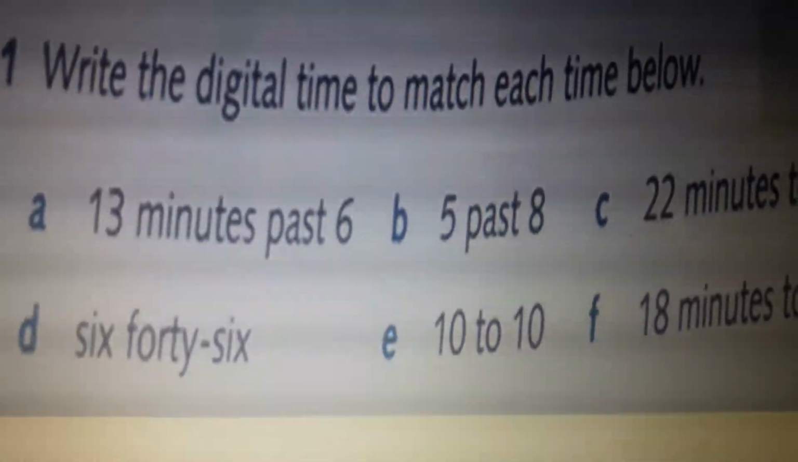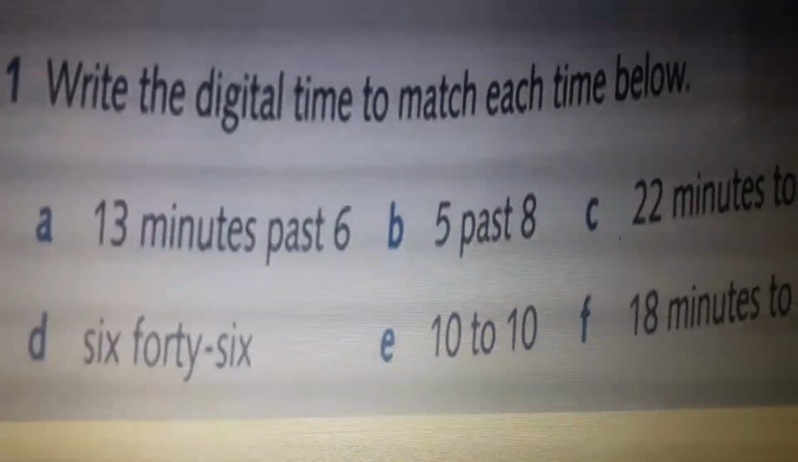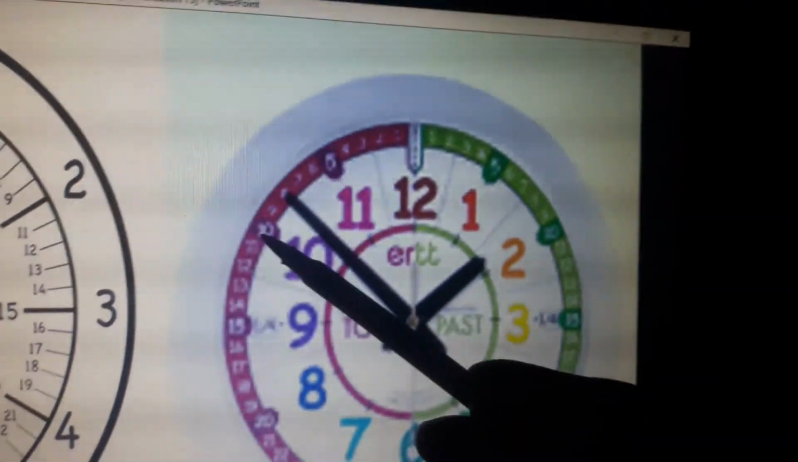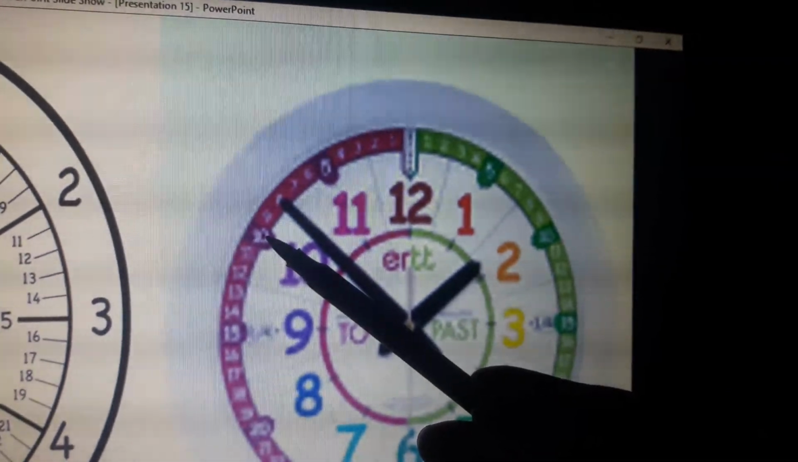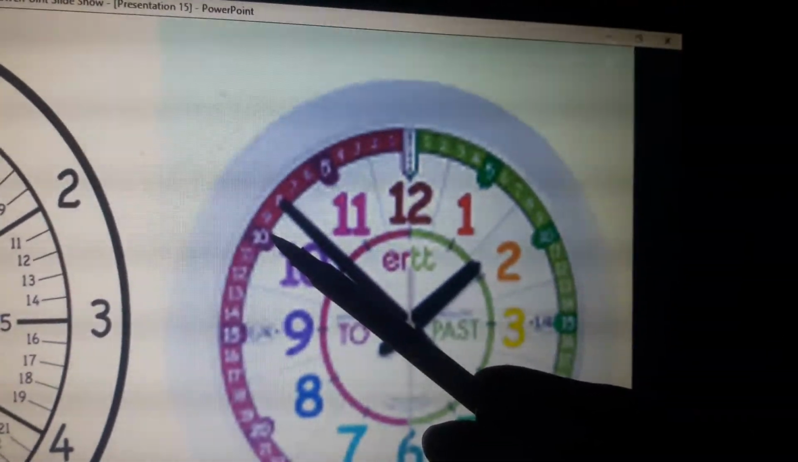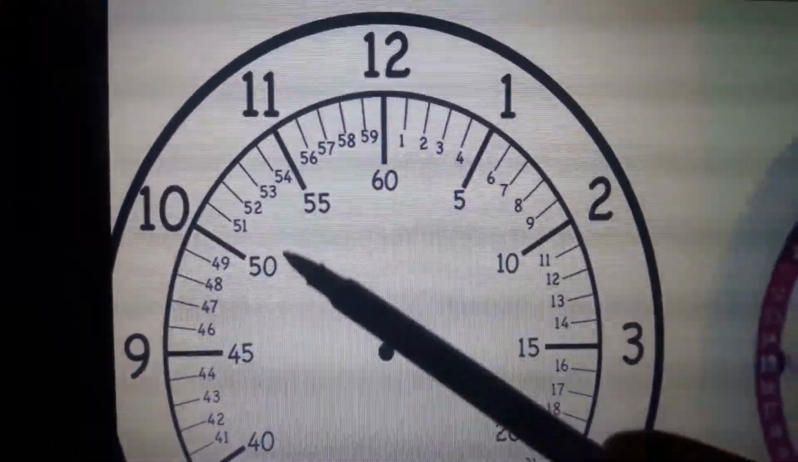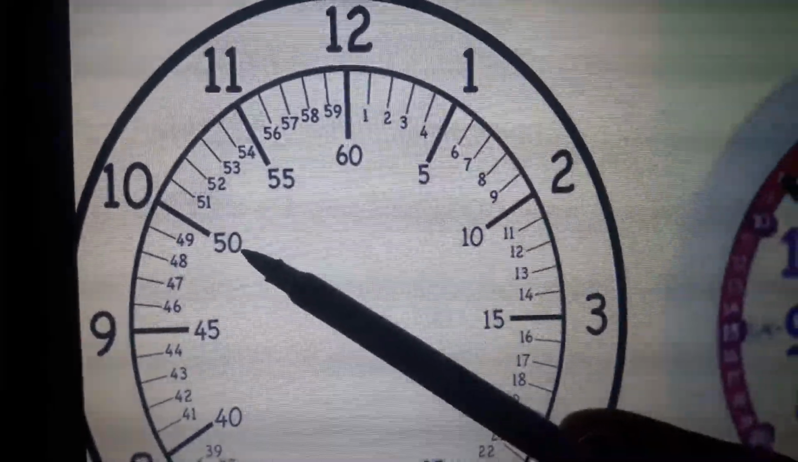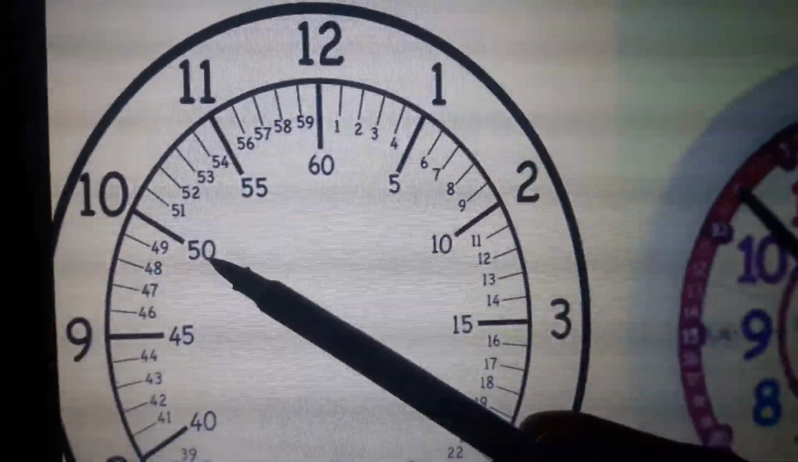Number E, 10 to 10. We are going to move to the 10: 5, 10. The long hand will be here. 10 to 10. Then on the 10, it will be 50 minutes, and decrease the clock by 1 hour. So before